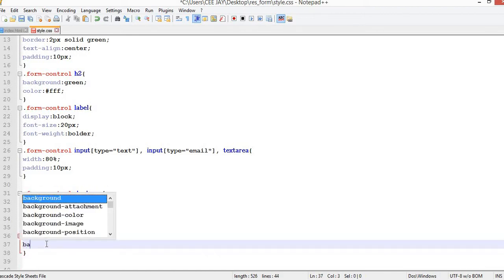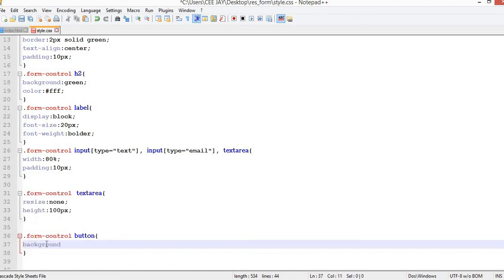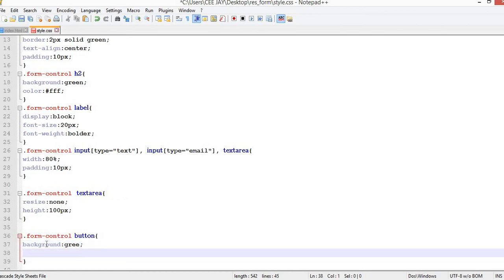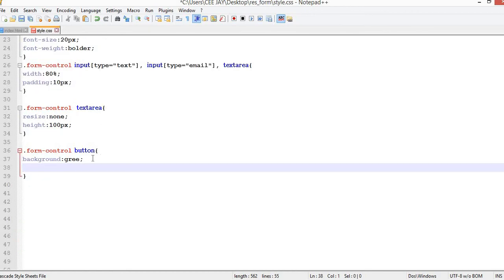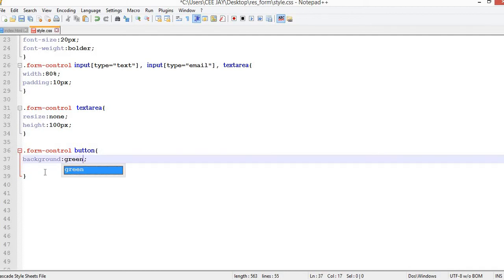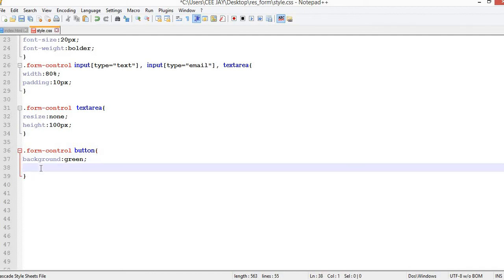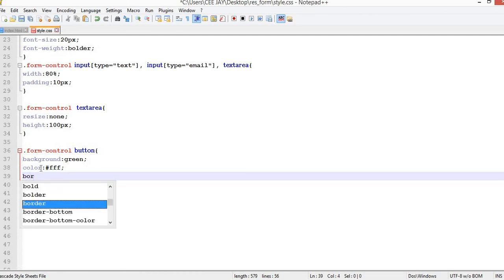So let's give it a background color of green, and I give it a text color of white, I'll give it a border radius of 5 pixels,